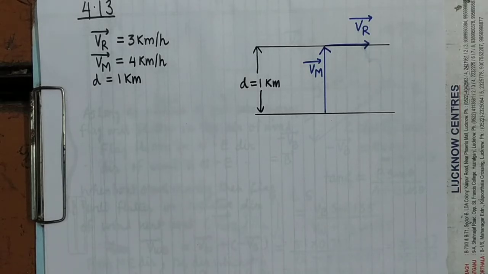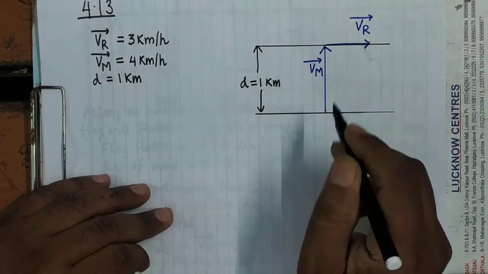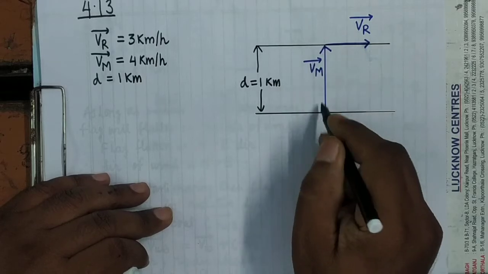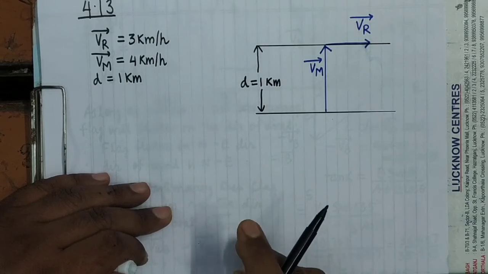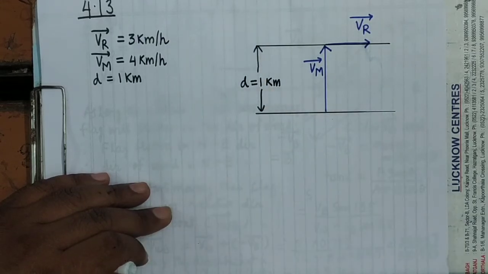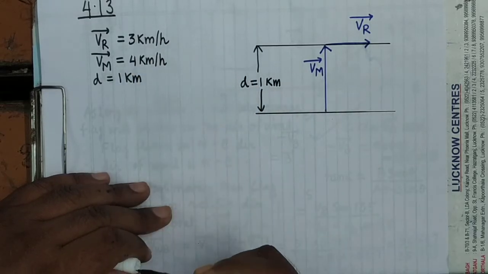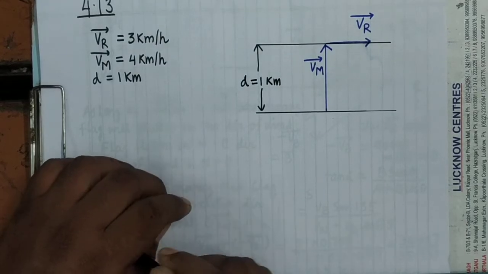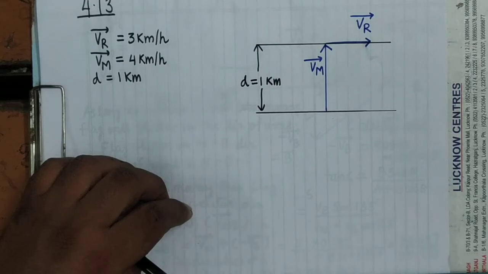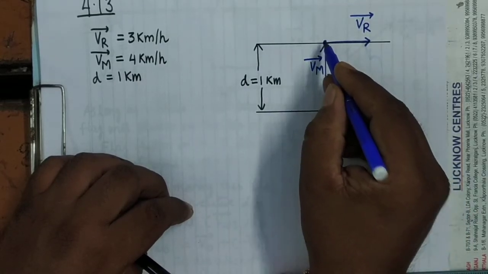So you can see here that in the diagram it is shown here that man is going relative to river perpendicularly. It's clear, means in this direction with what speed? 4 km per hour. River is 1 km wide and the river is flowing with what speed? It is flowing with the speed of 3 km per hour. Now what will happen? As long as river is not flowing, means the water is still, the man will go in this direction. He will start from here and reach at this other end.